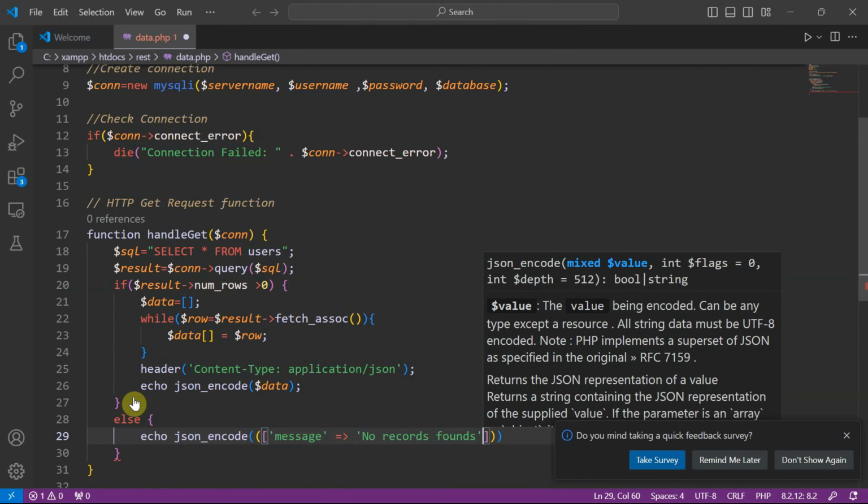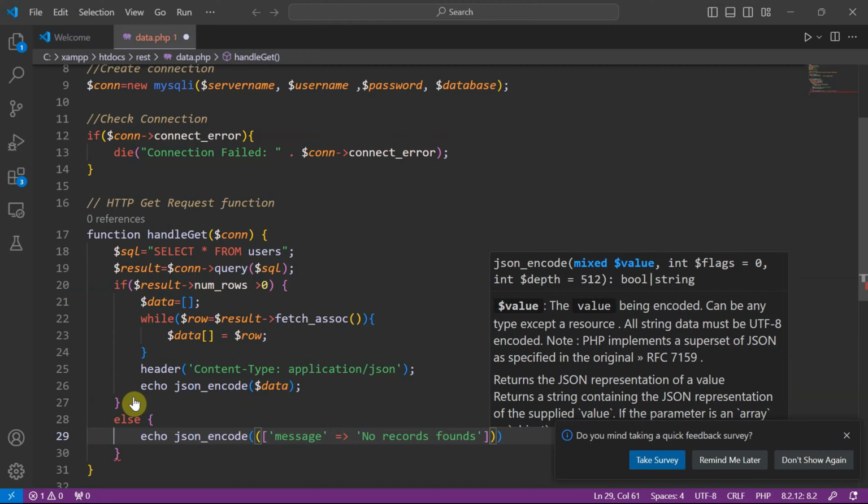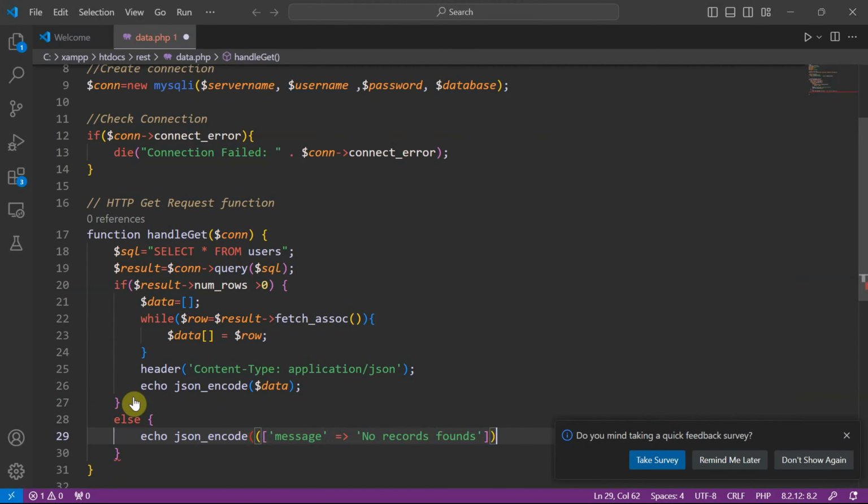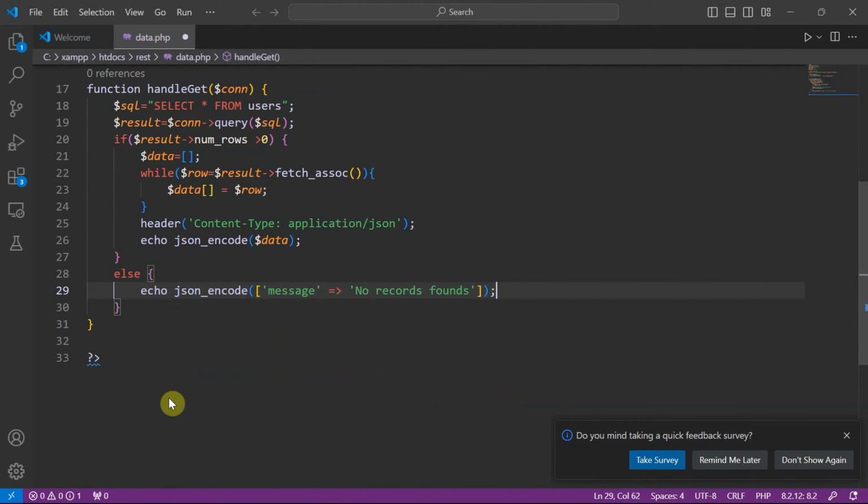So after that, we are going to write a function